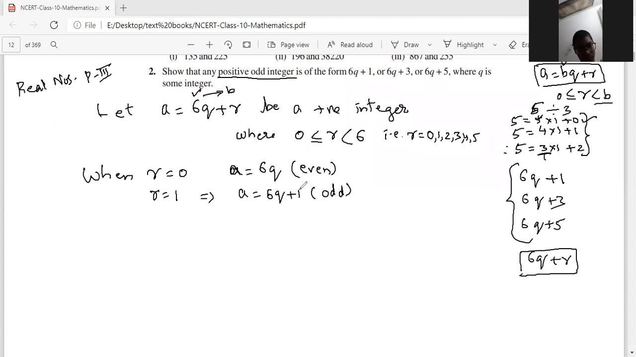Because odd, we are adding 1. If you add 1 to any even number, it becomes odd. Suppose 4 is an even number; if you add 1, it will become an odd number. So 6q is an even number, and if you add 1, it will become 6q plus 1, an odd number. And when r is equal to 2,